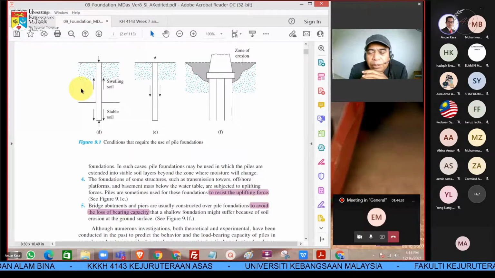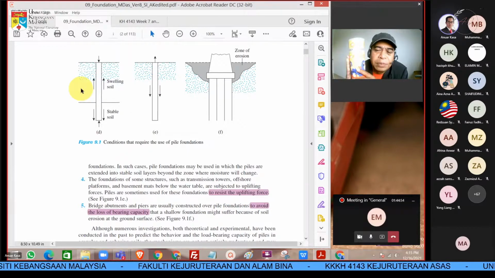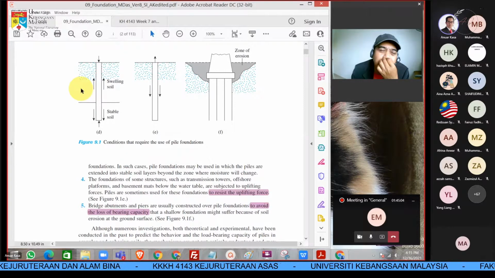We call it a problematic soil. What happens when the soil swells is more or less like a pushing. It pushes the soil upward, so it will be an uplift because the soil is moving upward,